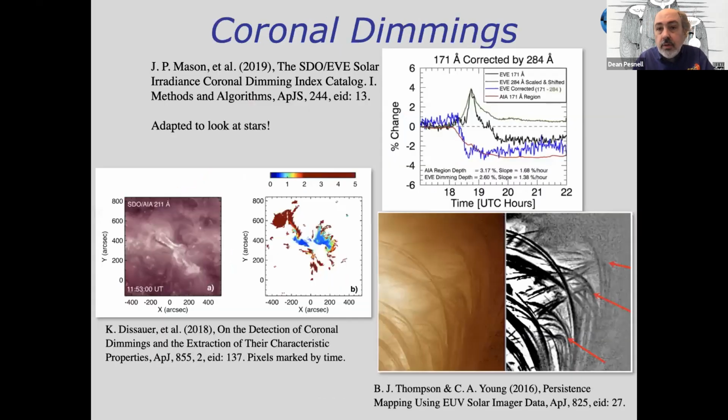The other thing I noted was coronal dimmings. They're really nicely seen both in the EVE irradiance measurements and in the AIA images. And the irradiance measurement has actually been adapted to stars in a mission proposed to look at sun-like stars using the same techniques. But the cool thing that I saw was that the image analysis of coronal dimmings has led